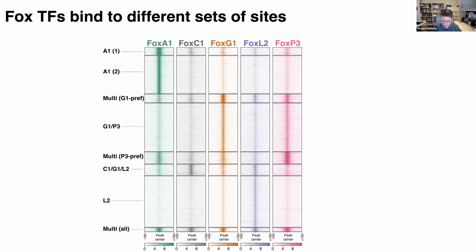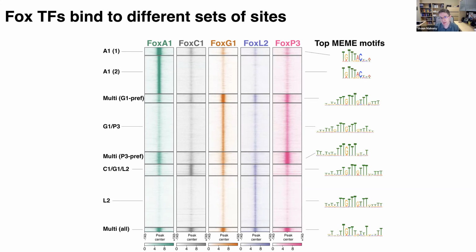So we can look at that question by just doing MEME motif finding on these various clusters of sites. And to some degree, it's true, at least for FOXA1, again, it has a greater preference to this in vitro bound motif, this TGTTTAC motif, and that is enriched at these FOXA1 preferred sites. However, these other clusters of sites don't really seem to have any major motif that is discriminative for their binding. So all of them have this TGTTT or repetitive TGTTT motif present.